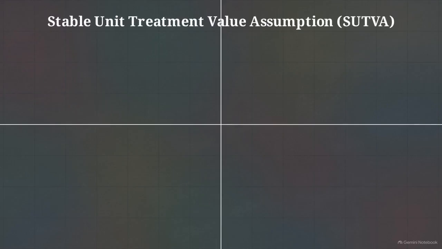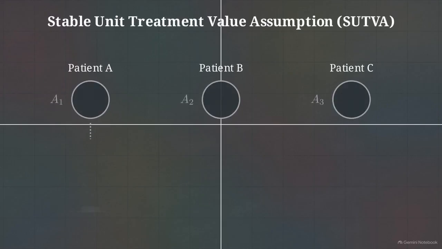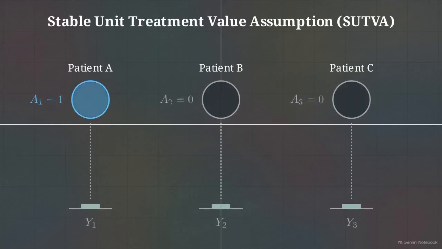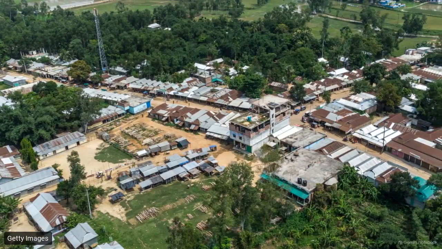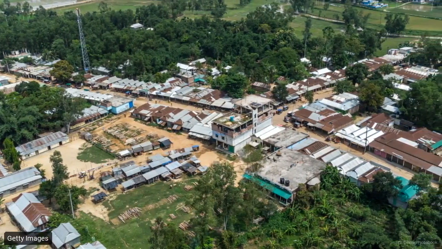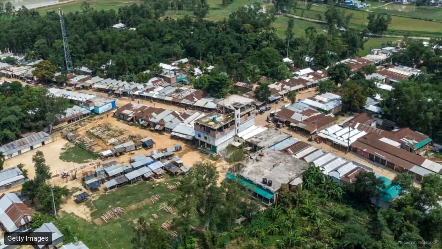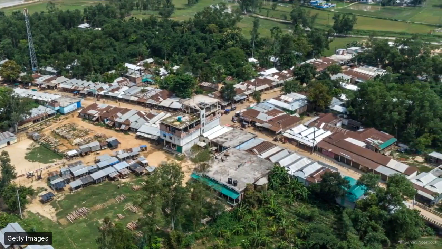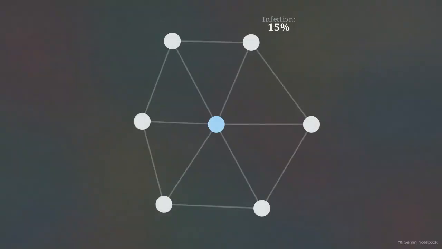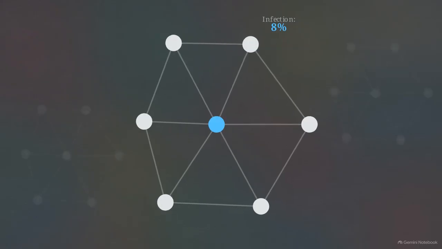Standard randomized trials rely on a hidden pillar called the stable unit treatment value assumption. This requires that one unit's outcome depends only on that unit's treatment, isolated from everyone else. That assumption collapses completely in studies like the Bangladesh community masking trial. With infectious diseases in dense social networks, complete isolation is simply implausible. If giving person A a mask lowers their neighbor's infection probability, standard comparisons fail. The control group receives a passive treatment dose.